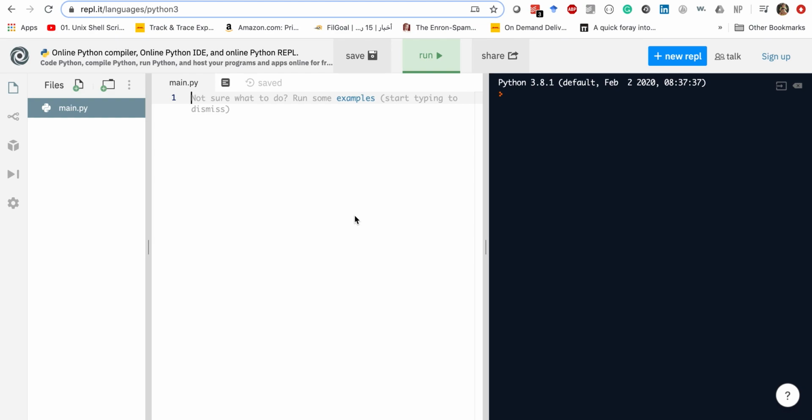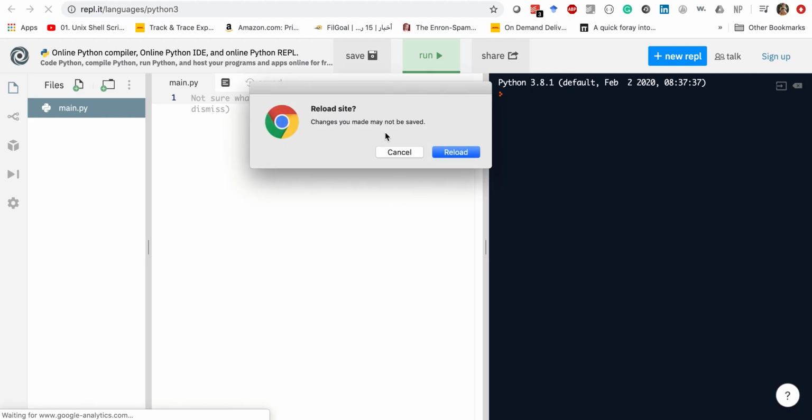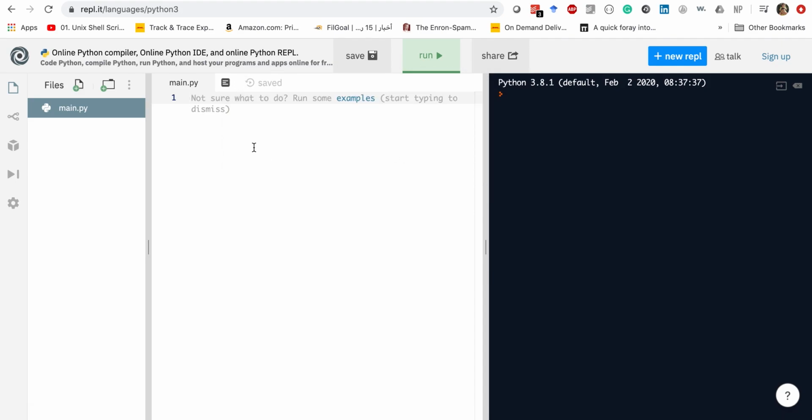So let's get started. The number one thing where people start learning a language, they basically have to think about a platform. Luckily for Python, if you go to the website here, repl.it/languages and then IPython 3 is going to give you an online resource that you can use, which is essentially you can type in your programs and then you'll be able to run them after you type it here,